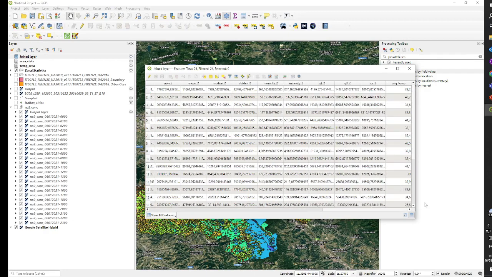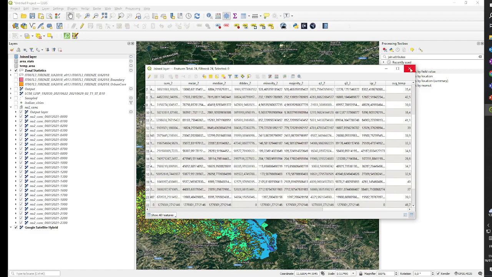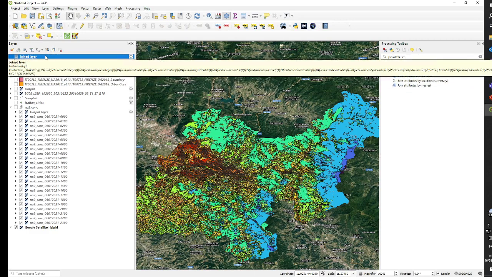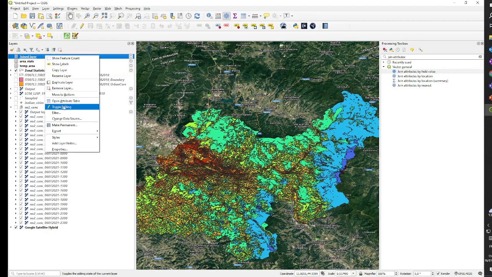And we have a new field, average temperature. Yes, we have a new one, so we close it. Well, you can actually check it, the average temperatures that we see on it are quite high. And next,